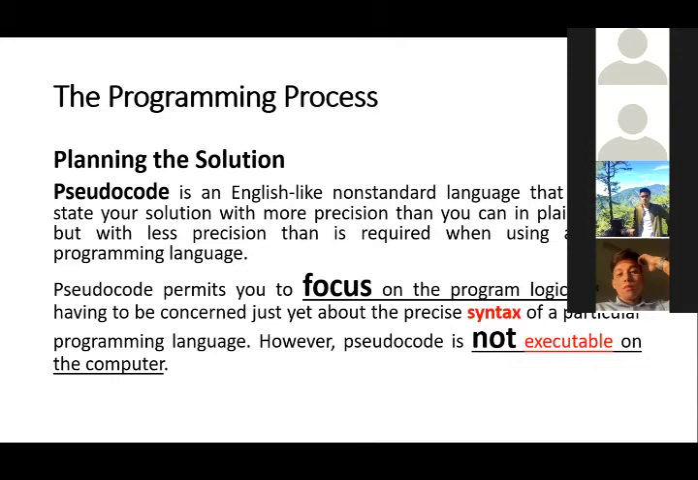So may mga terms dyan na IT like syntax and executable. So when we use pseudocode or when we write a pseudocode, hindi pa tayo nagre-rely sa rules ng programming language. Yung rules na yon is also referred as the syntax ng programming language. Okay? So dahil walang rules ang pseudocode, mafo-focus tayo dun sa solution and dun sa logic ng program natin or